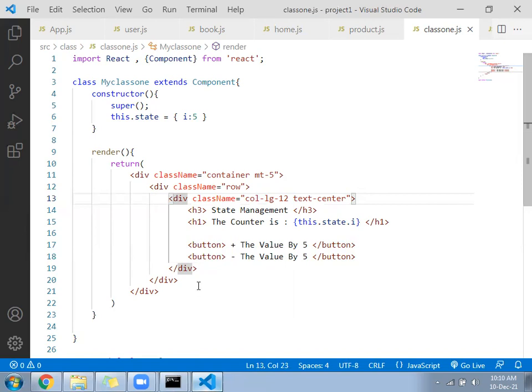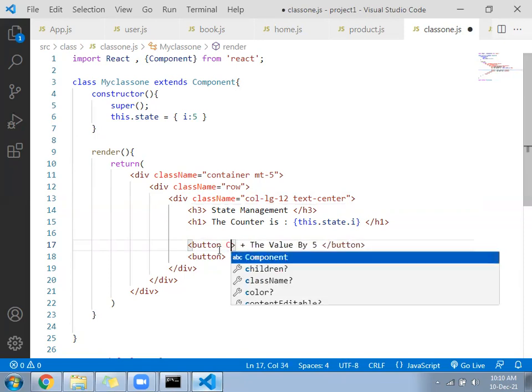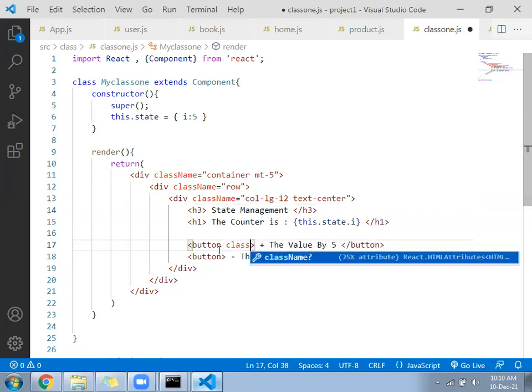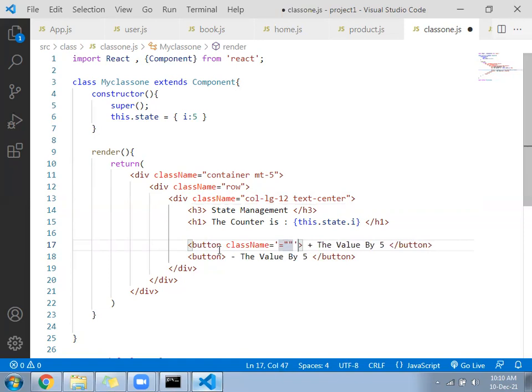Okay, go ahead. Now first write a button. The button is created. Inside the button, you can call the Bootstrap class. Some people have not seen Bootstrap yet, so for them it will be new. Some people have understood already. The class name for the button is btn.